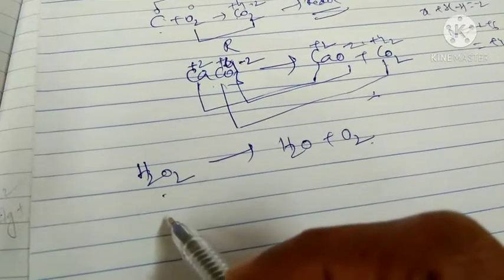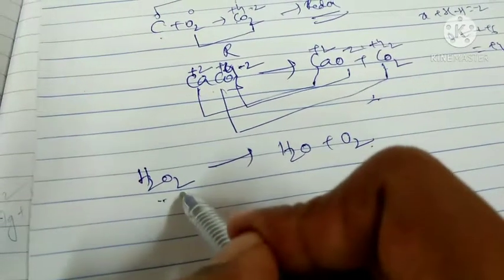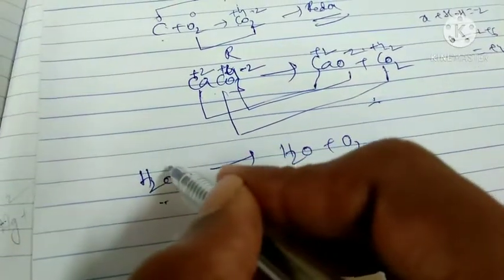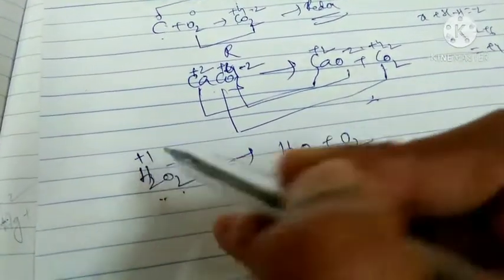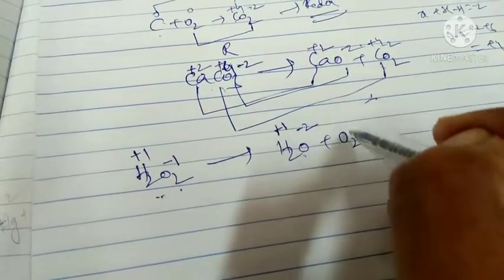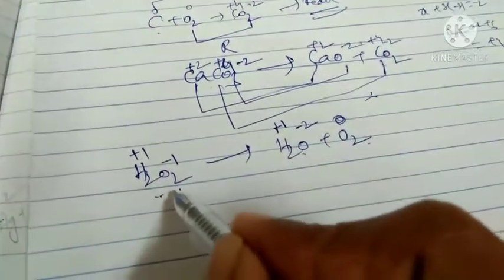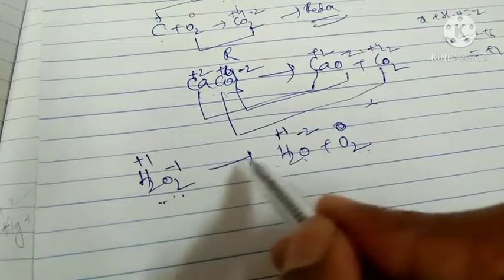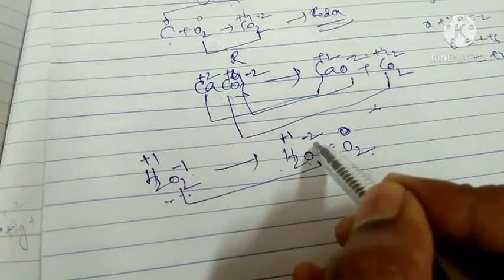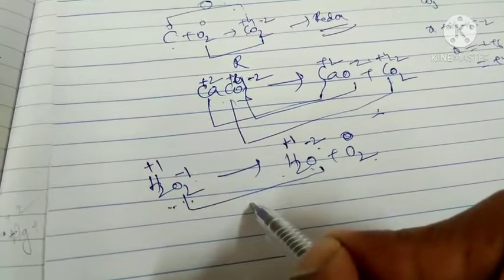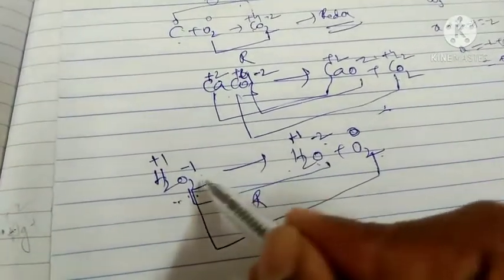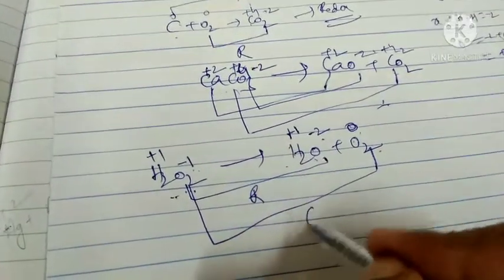First, I will discuss the oxidation states. H2O2, this is hydrogen peroxide. If peroxide is in the compound name, then that oxygen exhibits minus 1. Hydrogen exhibits plus 1. We know that very well. Here also hydrogen exhibits plus 1, oxygen here minus 2, because that is water. Here oxygen is present in elemental state, so it exhibits 0 oxidation state. If you see the hydrogen, there is no change. From this oxygen to this oxygen, minus 1 to minus 2, oxidation state decreases, that is reduction. From this oxygen to this oxygen, minus 1 to 0, oxidation state increases. That is oxidation.